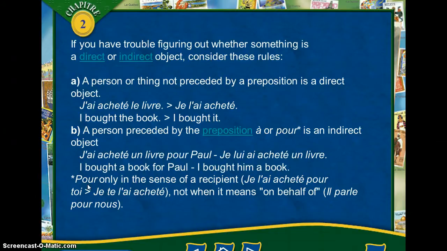So here they say pour is only used for indirect objects when it's the sense of a recipient, right? I bought something for you. Je te l'ai acheté. That's indirect. Okay, not when it means on behalf of. For instance, il parle pour nous. He speaks on our behalf. So continuing,